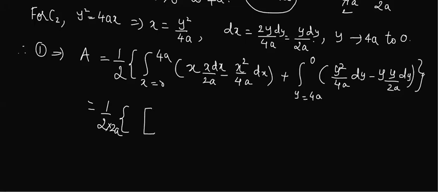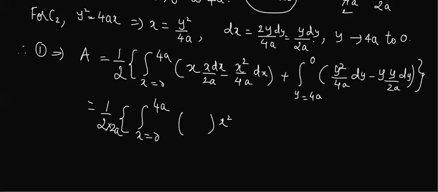What is the integration of the remaining x square? x square with respect to x is how much? One second. You will get both the terms as x square only. Correct? So my x square is going to be common. Let me write one more step and then I'll integrate. This is x varying from 0 to 4a. If I take 1 by 2a common, what remains is, and if I take x square out, what remains here? 1 minus 1 by 2 is how much?